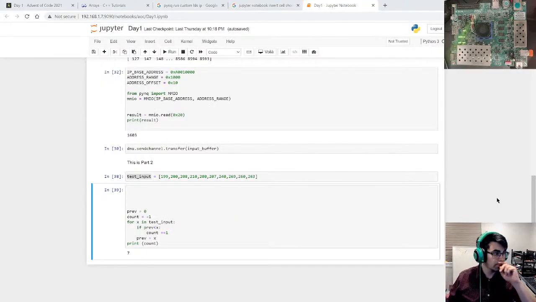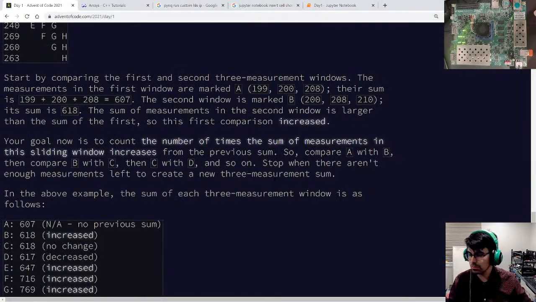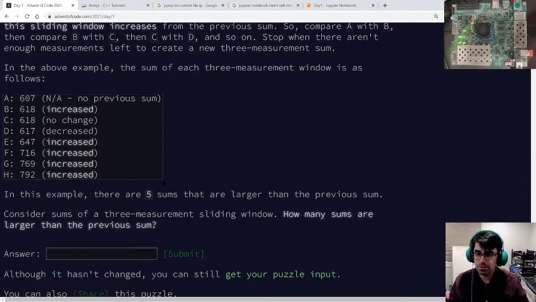Okay, so let's get started. Today we're going to do Advent of Code Day 1 Part 2. Let's go look at that description real quick. Part 2 is mostly dealing with